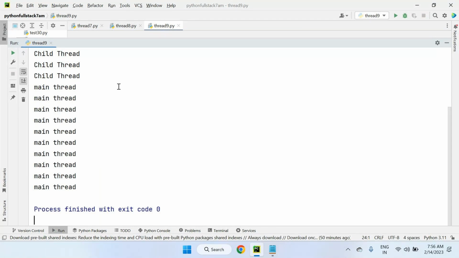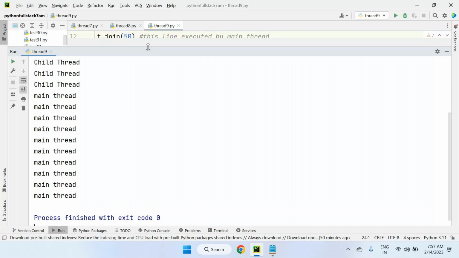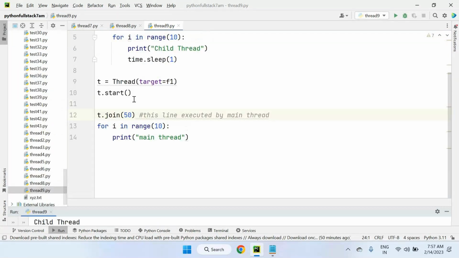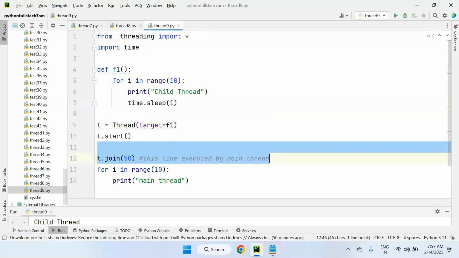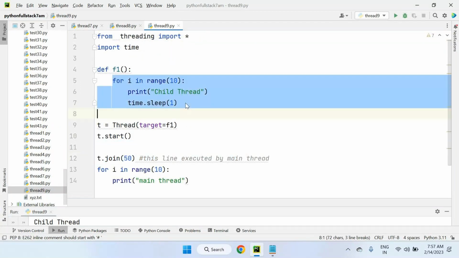But in case the child thread is taking more than 50 seconds, then the main thread will wait only 50 seconds. After that, the main thread will execute, and the remaining part the child thread will execute. It doesn't mean that because we are using 50 seconds, the main thread will wait the full 50 seconds. No, because the child thread is not taking that much time to execute. If the child thread is executed in 10 seconds,